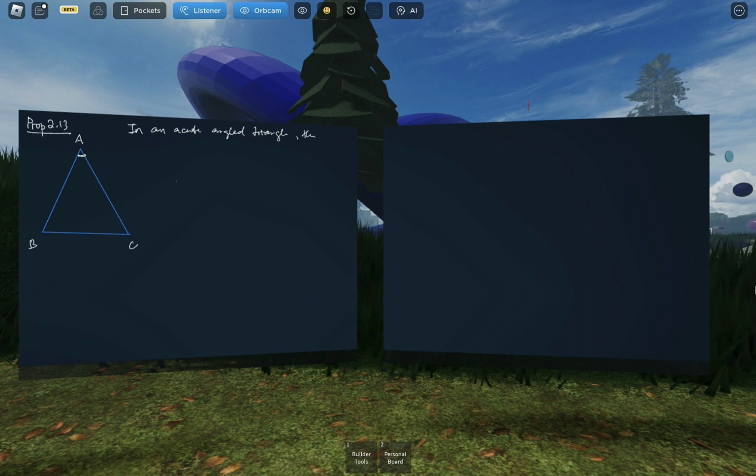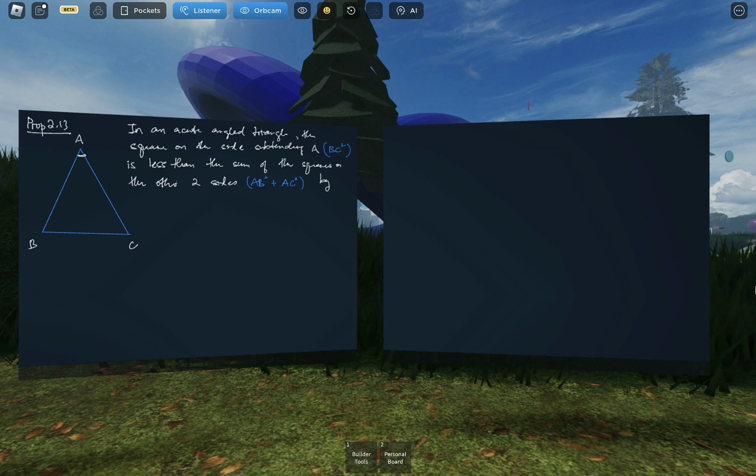the square on the side subtending A, and that would be BC squared, is equal to, or actually is less than, in this case, less than. We're not allowed to subtract, I guess, but we're kind of doing it, right, by this language. Less than the sum of the square on the other two sides. And that would be AB squared plus AC squared, okay, by a certain amount, and that amount is the big mouthful, which I'm just going to